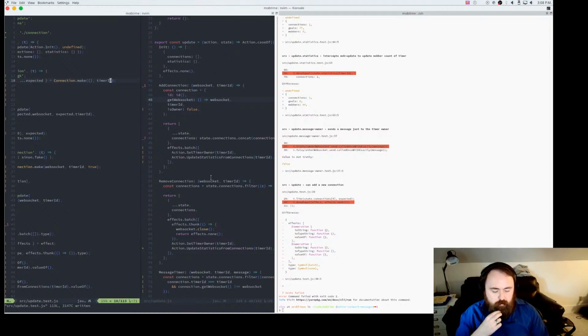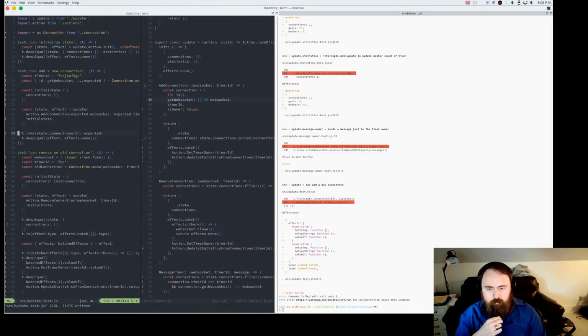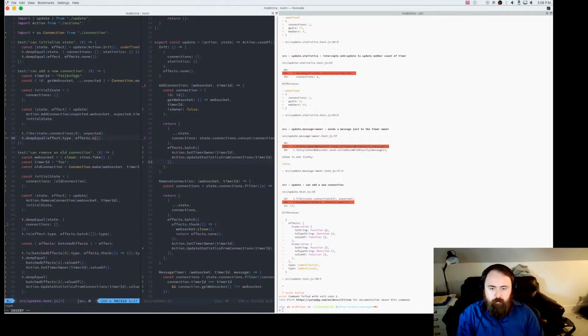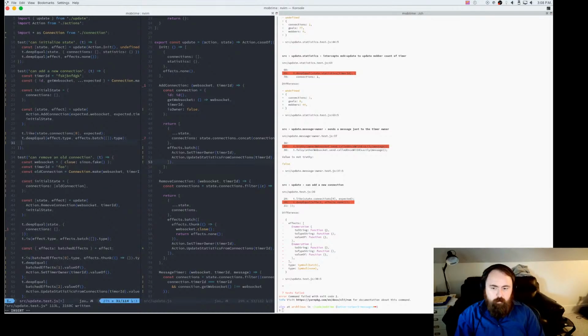Then we got some enumeration issues here. Initially I said that this wouldn't generate any effects, but that's not quite true anymore. In fact, it does these two. So we're going to say effect.type is the same as effects.batch.type. And so what can we make assertions on here?